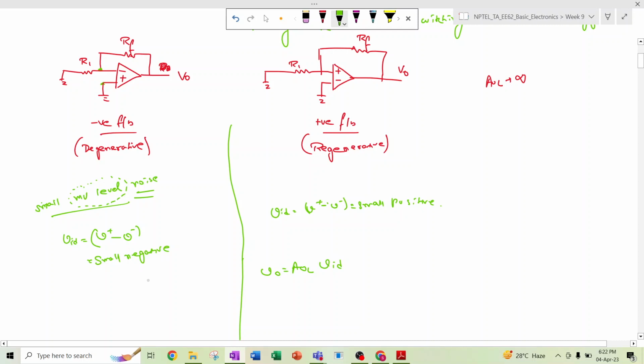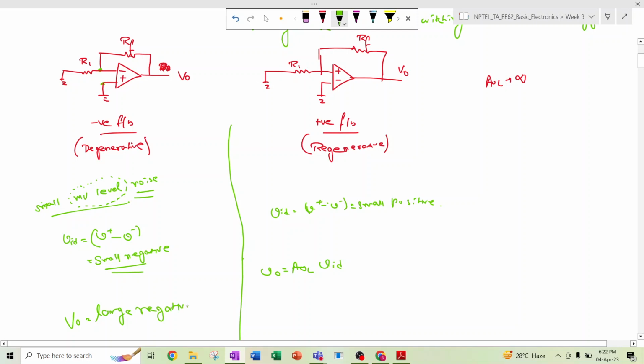So what is happening here? Suppose a small negative voltage is applied. If VID is small negative, then VO will come as a large negative,